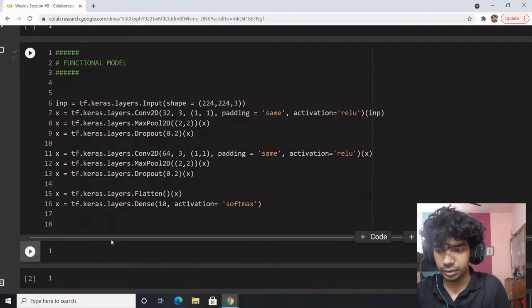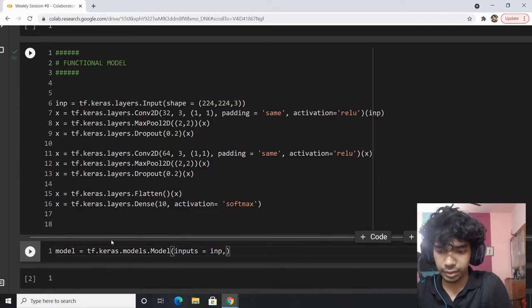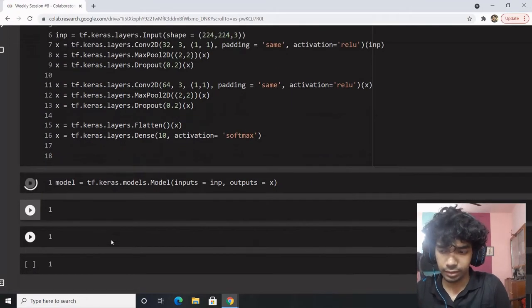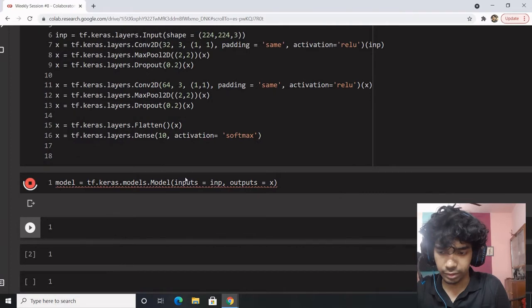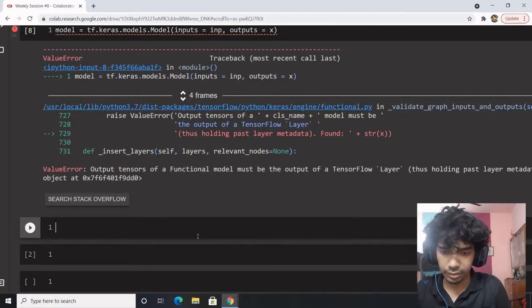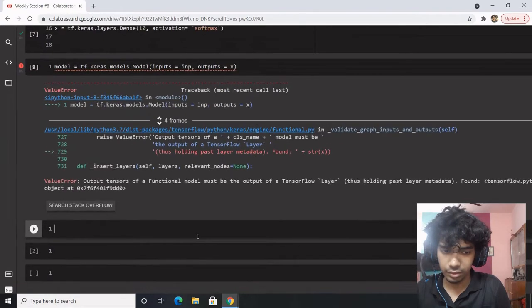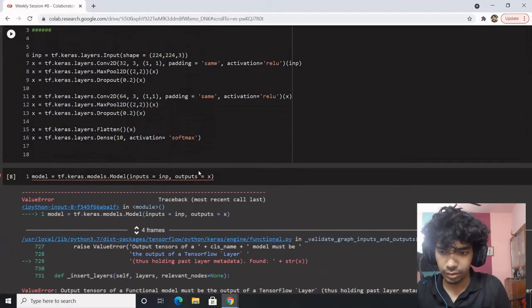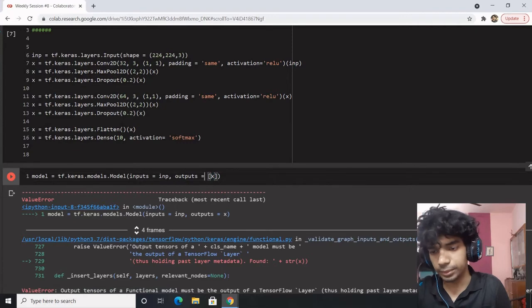Once this is done, you need to define the model as tf.keras.models.Model, where inputs is input, outputs is x. Okay, I think we did something wrong. Yeah, this should be a layer, this should be a list.